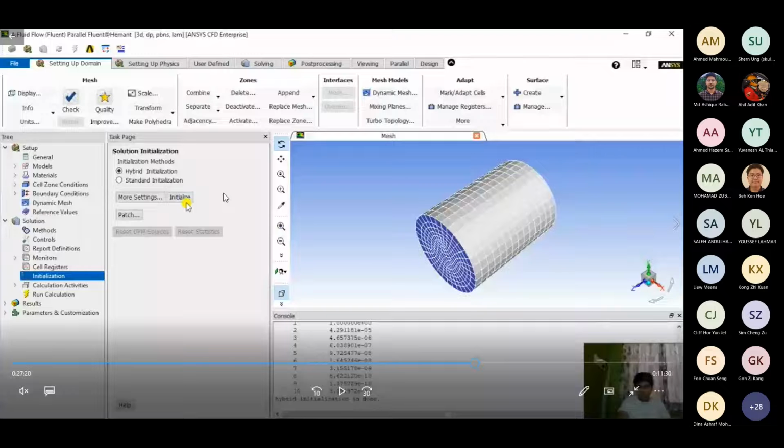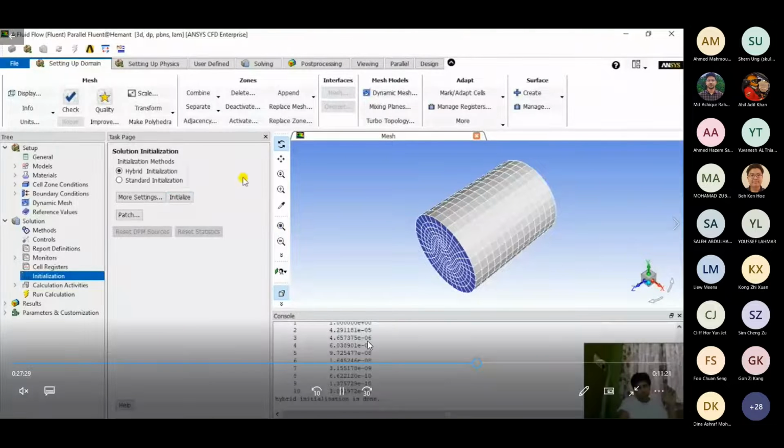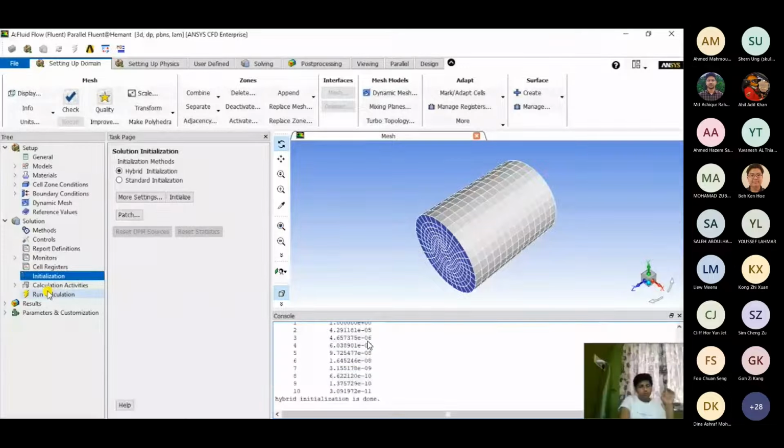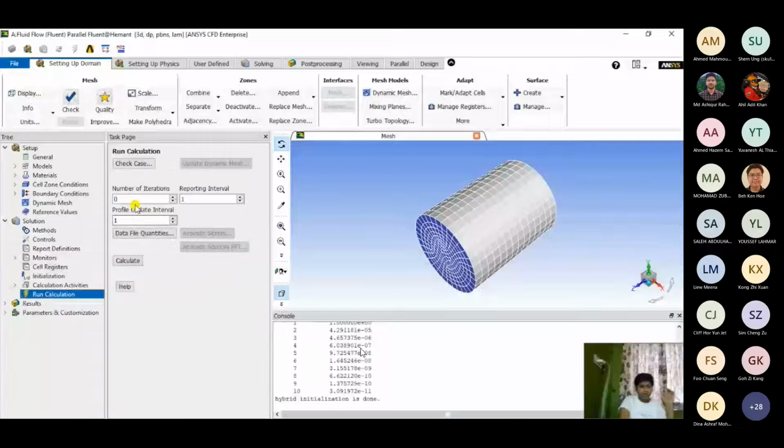Once you click on initialize, it will show you these 10 entries below, with values which are calculated, not random, basically calculated from the computer end. As I've told you, according to our first guess and our residuals, we wanted to keep the value in the range of 10 raised to minus 6.